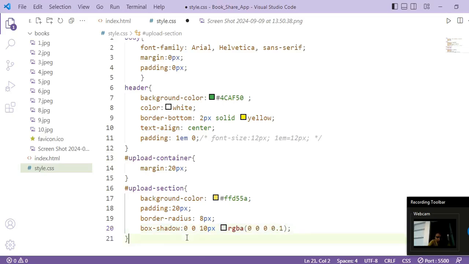So the first 0 here is horizontal offset in box shadow. Okay, which means the shadow will just fall behind the div element. Okay, and here vertical offset is also 0, which means the vertical shadow will also fall behind the div element. Okay, then is 10 pixel, which is a blur ratio, so I have given blurriness of 10 pixel. Then is your color. Okay, so I have used RGBA model for using the color. Here R is red, G is green, B is blue, and A is for alpha, which sets the opacity of your shadow. Okay, opacity means how much transparent you want to keep the shadow.